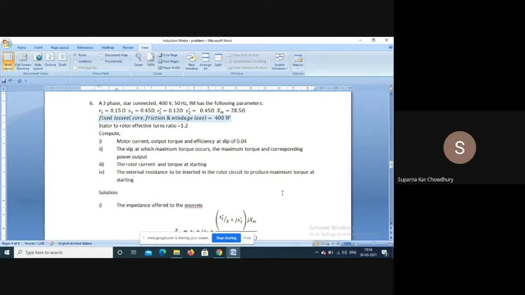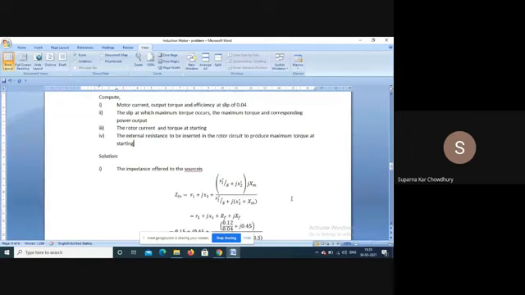So what we have to find out is the motor current, output torque and efficiency at slip of 0.04; the slip at which maximum torque occurs, the maximum torque and corresponding power output; the rotor current and torque at starting; and the external resistance to be inserted in the rotor circuit to produce maximum torque at starting. Now, for the first, that is the motor current, output torque and efficiency when the slip is 0.04, we have to